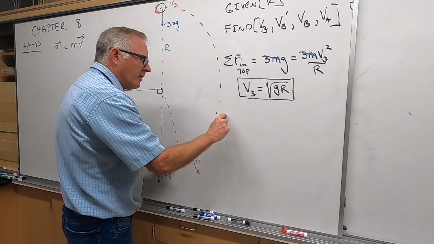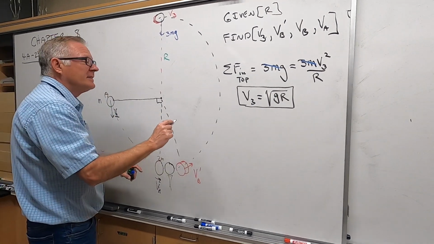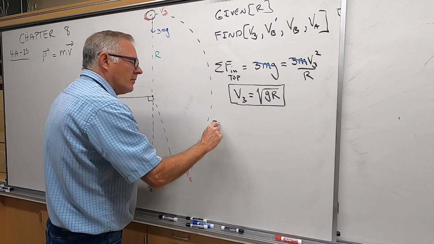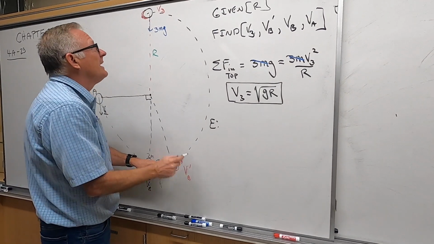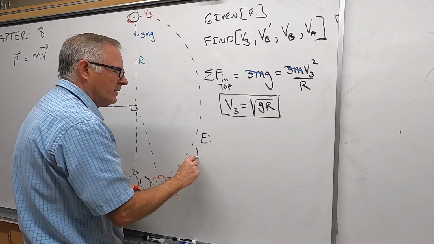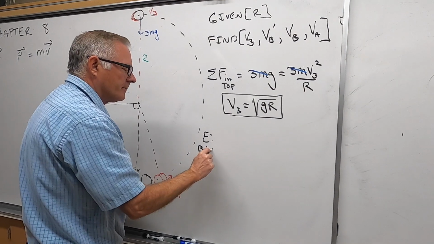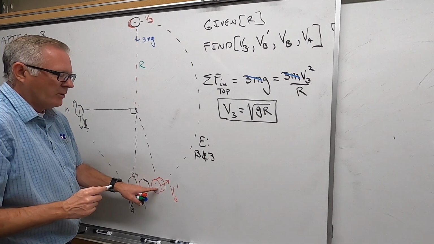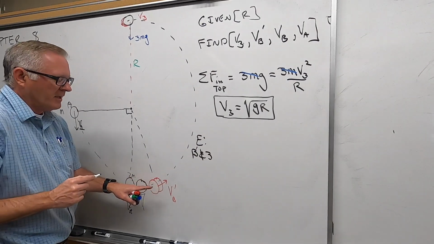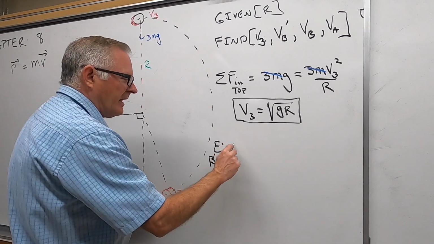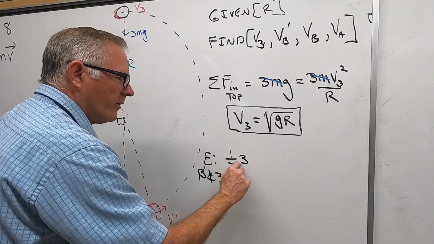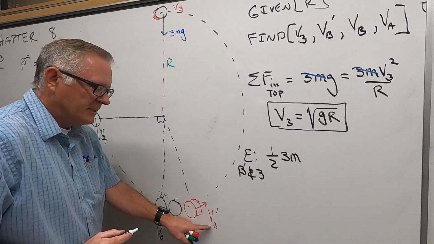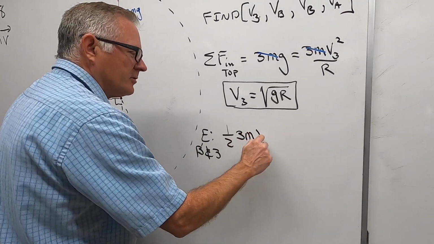This is actually between B and 3. So the energy at this point, the energy there is just all kinetic. So it's 1/2 3m times VB prime squared,